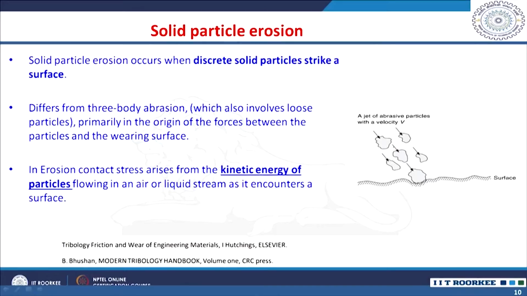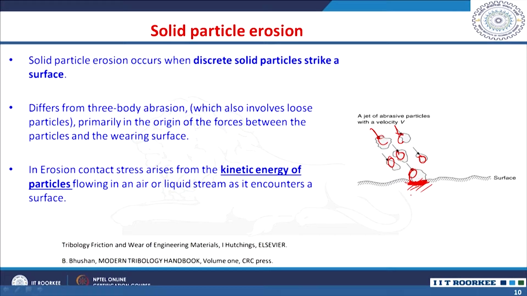Solid particle erosion occurs when discrete solid particles strike the surface with a high velocity, right. So, they come and then impinge on the surface. They will have an interaction here when they impinge on the surface. So, the energy has to be transferred onto the surface of this material. If this material is not able to absorb such energy, then what will it do? It will actually fracture, right. So, when the energy is not absorbed by this material, that leads to material removal.